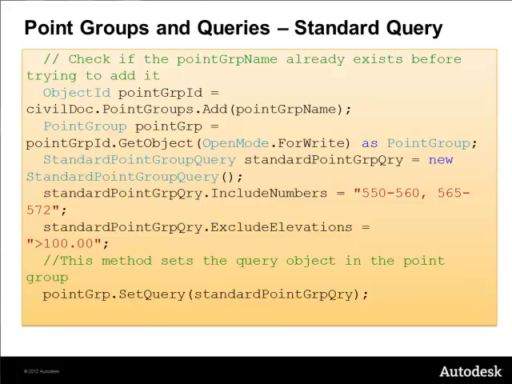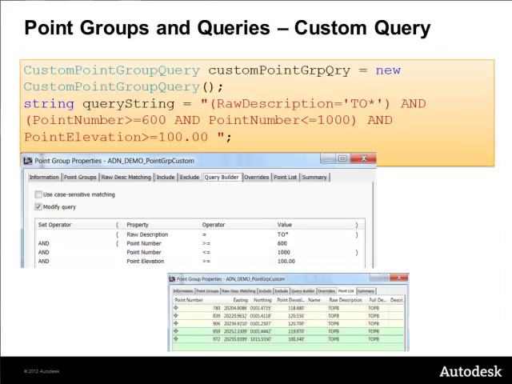Here is a code snippet which demonstrates how to create a point group using the standard point group query object. The custom point group query lets you specify a query string directly and requires more advanced knowledge of query operators. Custom queries are made up of expressions, and expressions have three parts: a property, a comparison